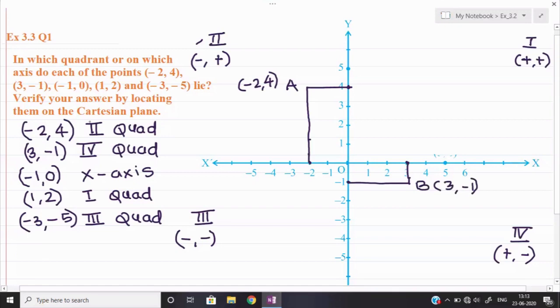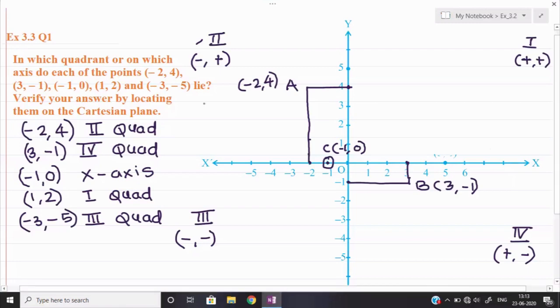Okay, now look at the third value, minus 1 comma 0. So see, the x value is minus 1, so first we shall reach minus 1, and the second value y is 0. So we need not mark anything anywhere over here. This is only the given point. This point I will say is point C, minus 1 comma 0. Okay, if any one value is 0, you need not mark it. Only minus 1 we have marked, and since it is coming onto the x-axis, that's why the C point we have marked over there.